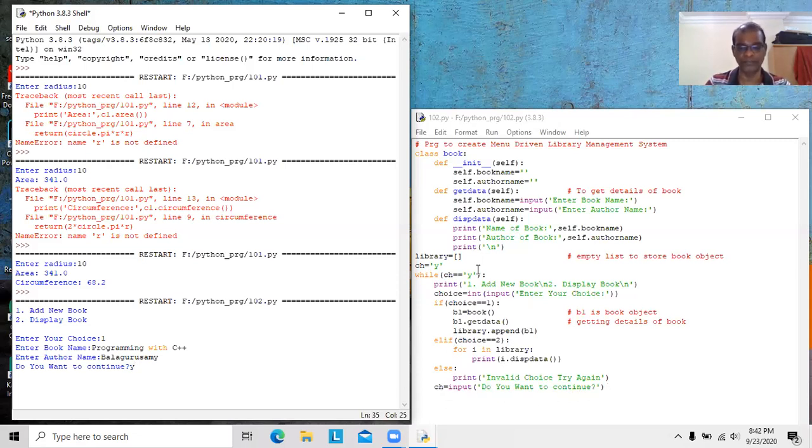Again it will go once again. See, it is displayed here once again. Since CH contains Y, the loop continues and this condition becomes true. Again the same thing: display, add new book, display book. It comes. Here I want to type one more book. Similarly, if I type 1,